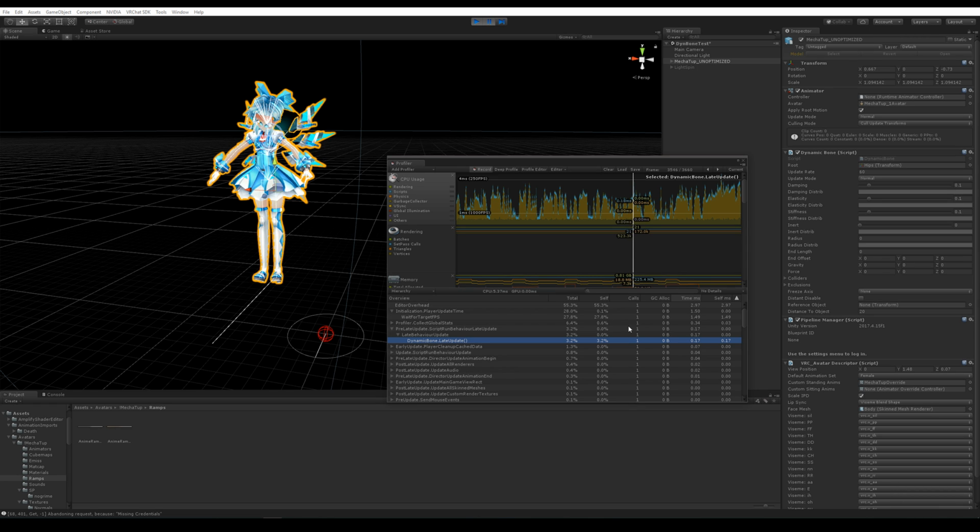And everything has a cost. Some things don't cost much, like rendering a material on a single skin mesh render. It's pretty cheap, doesn't take long. Some things take a long time. For example, dynamic bones. 0.17 milliseconds is a long time in computer time, and especially when you only have 11